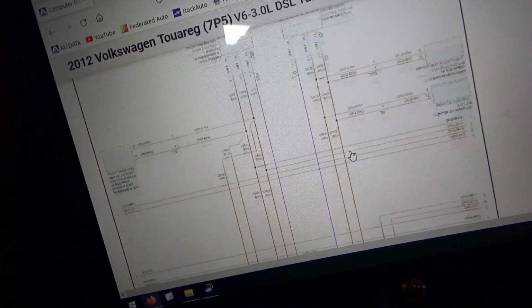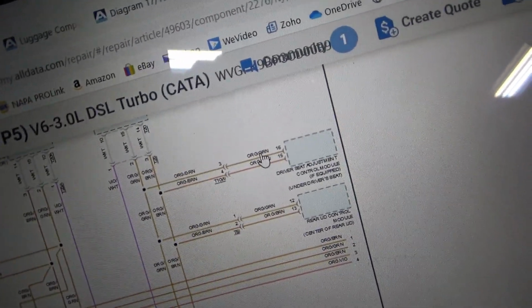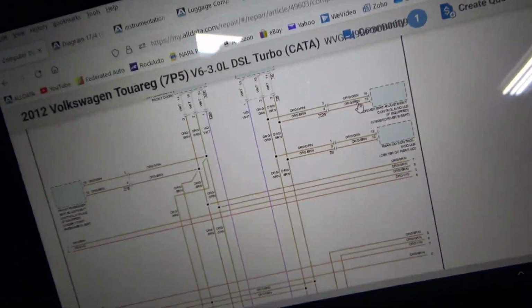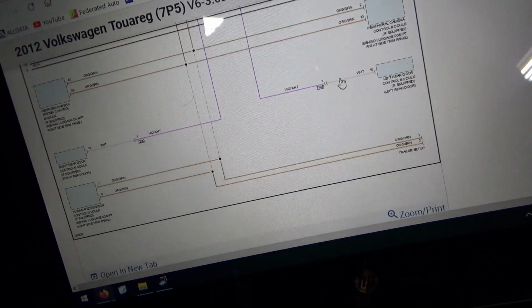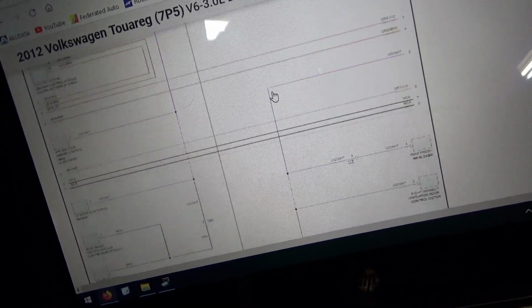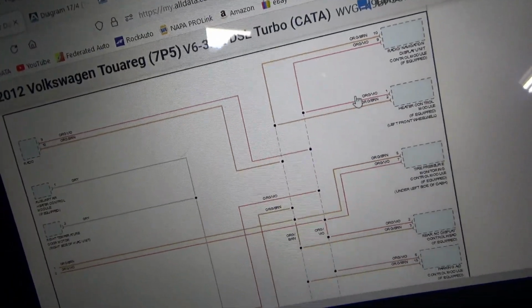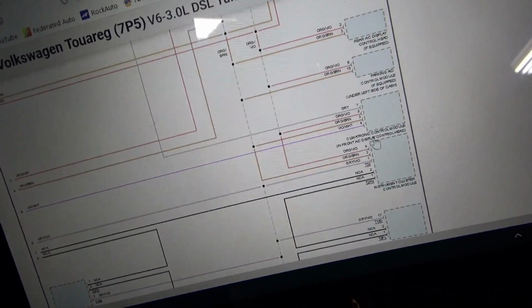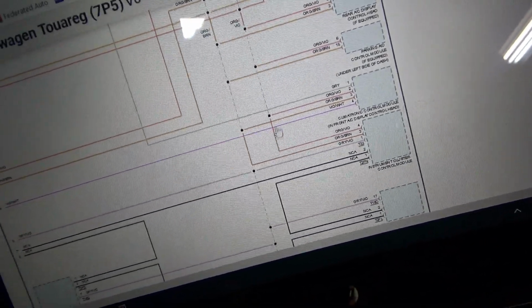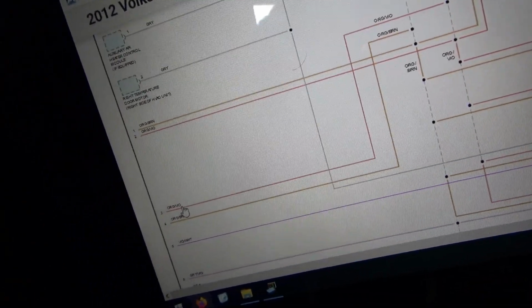network. And then we have these comfort networks, like front passenger seat adjustment module, driver's seat adjustment module. That's the orange, green, and orange, brown wires. And then finally we have a comfort system right here. This is what our thermal camera showed. Climatronic, instrument cluster. These are all on, I'm going to call it the interior CAN, this orange violet and orange